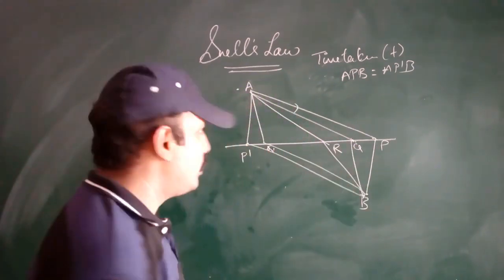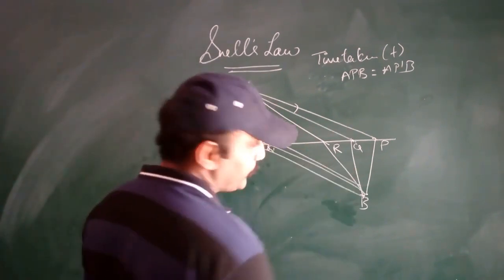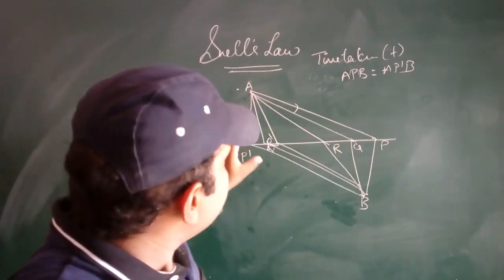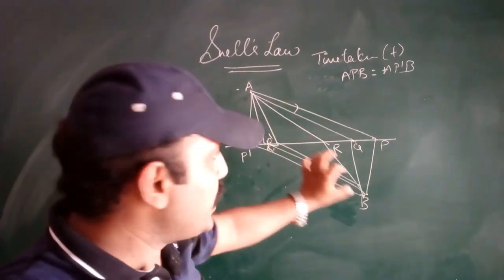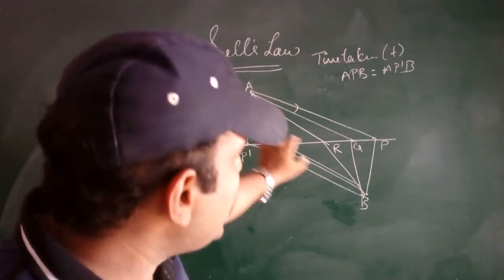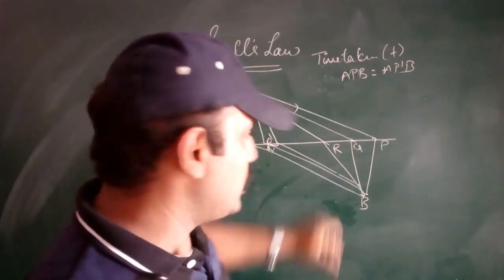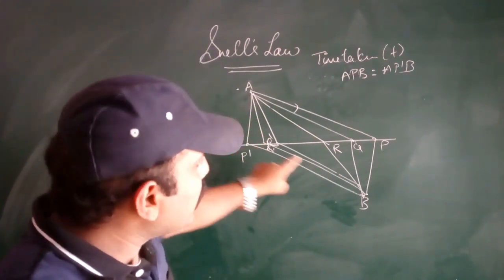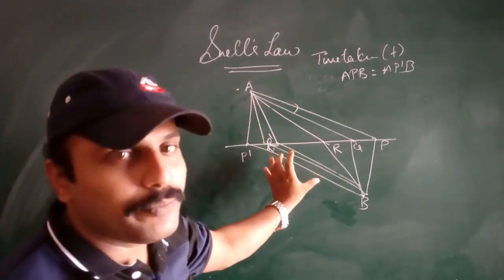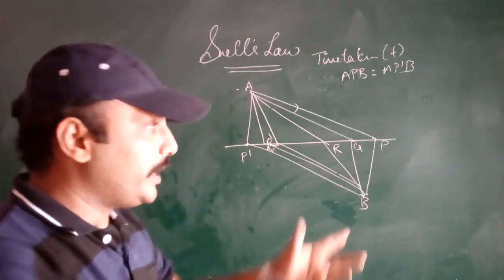We can take some other paths also, like ARB or AR dash B. Here, the time taken to cover ARB is equal to the time taken to cover AR dash B. I am assuming, if I take the path ARB, I have to run more on the land and swim less in the water. If I take the path AR dash B, I have to run less on the land but swim more in the water. Understood up to here? So with these points, let me draw a graph.